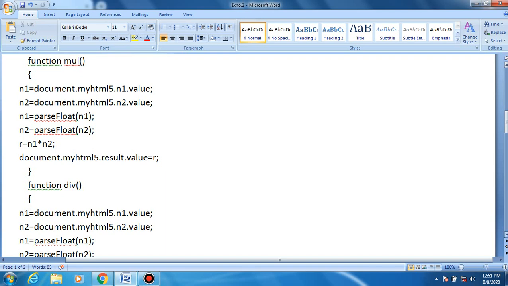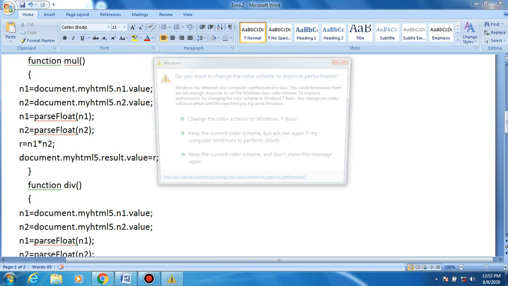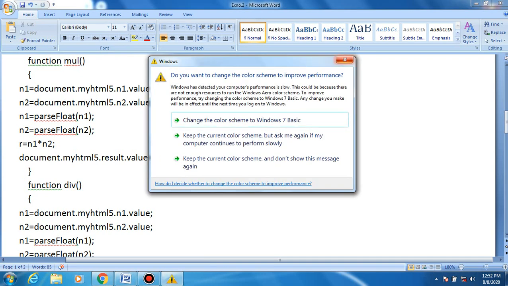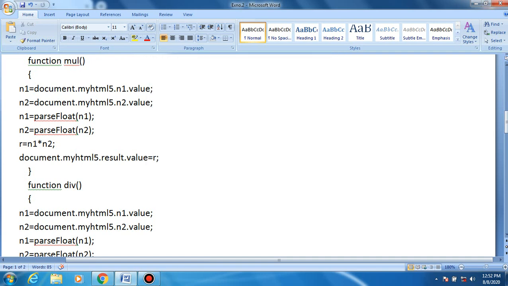Similarly, the multiplication operation, which multiplies one number by another number, we define with n1, which gets the first value, n2, which gets the second value, and r, which is the result. The first value multiplied by the second value, and this result is stored in r, right?